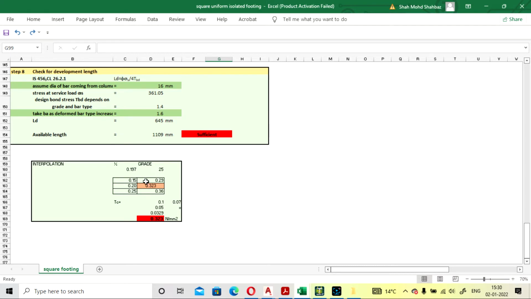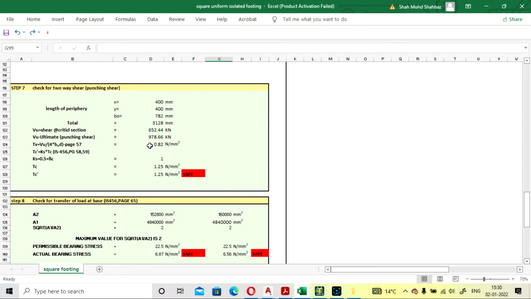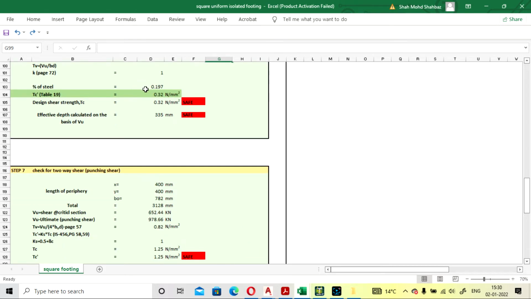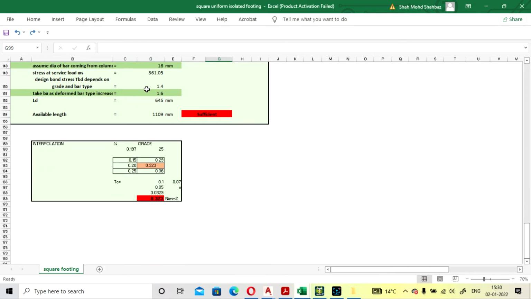So 0.15, and our percentage value is 0.197 here. Now 0.197 is taken as 0.2 also. I have mentioned 0.197, but I am going with only 0.2 after the point, so it is showing 0.20, which is the same.